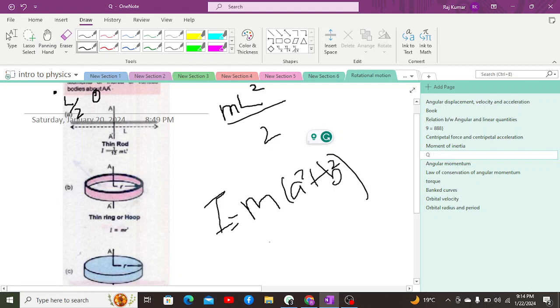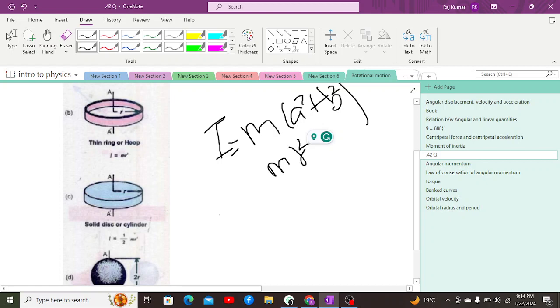But if this is a thin loop, as given in this condition, that will be considered as simple mr square. Likewise, if there is a solid cylinder, we will have 1 upon 2 mr square. These are all based on their geometry, because a solid cylinder has its radius, and that radius has the particle tied over here, and that particle has a 1 upon 2, which means here